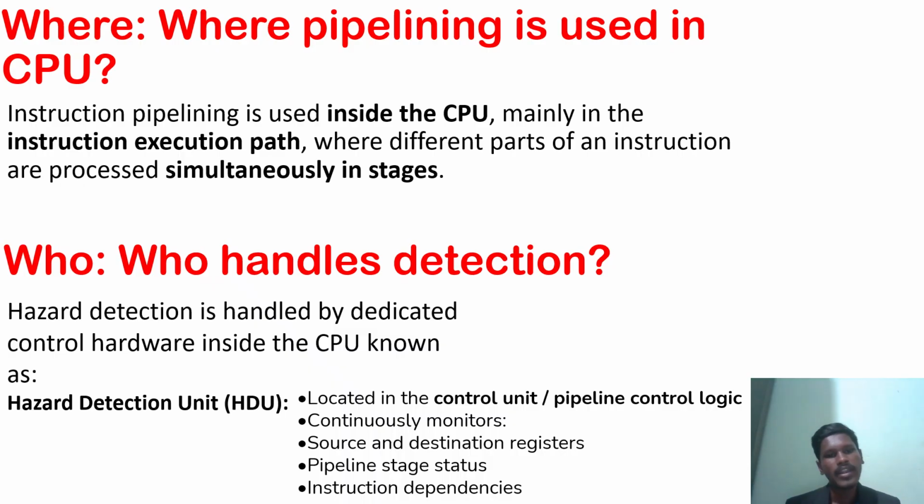So where is pipelining used in the CPU? Mainly during execution of the instruction, where different parts of an instruction are processed simultaneously in stages. So who handles the detection? It is handled by dedicated control hardware inside the CPU. This detection is located in the control unit or pipeline control logic, and